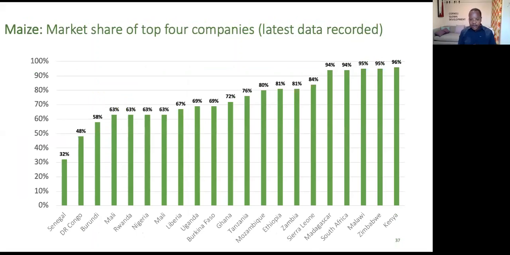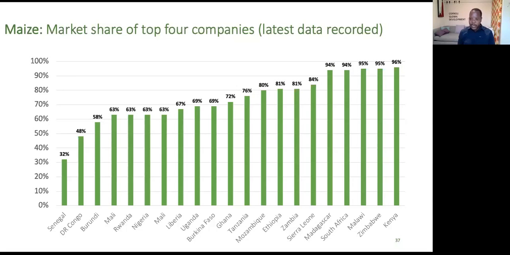When it comes to market share owned by companies, this shows you here the top 4 companies across the different countries. In the countries where the seed sector is developed or mature, such as South Africa, Malawi, Zimbabwe, and Kenya, you are starting to see significant consolidation where the big 4 companies can control more than 90% of the market share. And in countries that are just getting started, the industry is still very, very competitive, and you have many more players there, and you don't have domination by a handful of seed companies. So this is also very important to track, because in the developed world there are a lot of monopolies, and we're trying to make sure that Africa does not grow on the same pathway where only a handful of companies